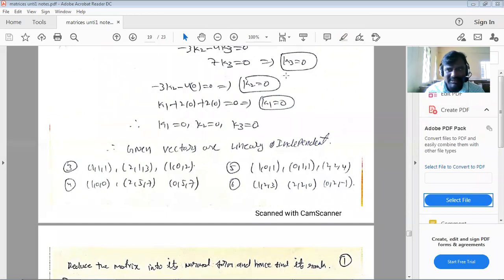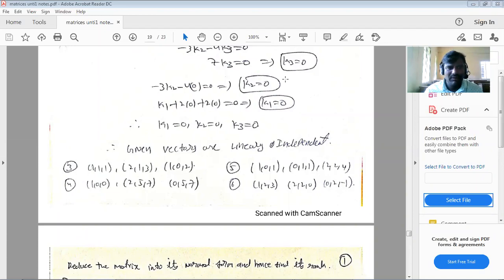This is for vectors only, not for functions. If functions are given, there is one more method to find that using the Wronskian or Jacobian, which is also our topic in the next unit of multivariable calculus. If the functions are given, how can we check whether they are linearly independent or dependent functions? Same concept: one function cannot be dependent upon the other. But there we have to find a Wronskian or Jacobian. Okay, only for vectors.